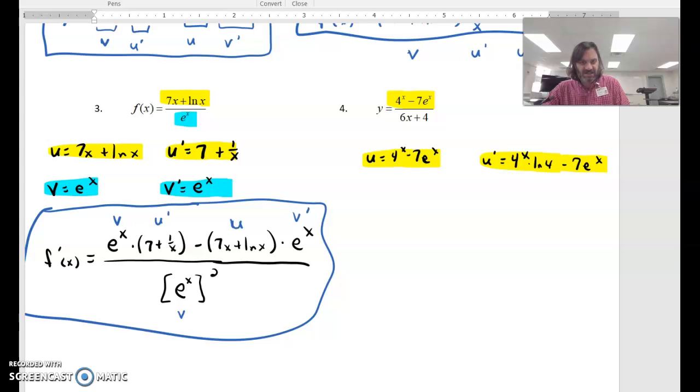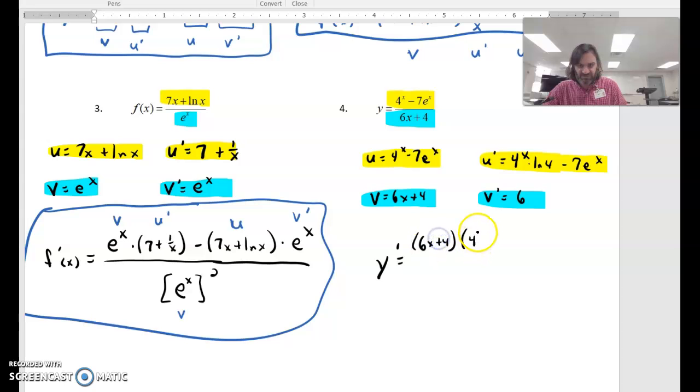Okay. And then the v part of this, 6x plus 4, that one will be a little bit easier. So if v is 6x plus 4, then v prime is just 6. So with the derivatives, let's put it all together. Hope we got some room here. The derivative, y prime, is v, so 6x plus 4 times u prime. That's 4 to the x times natural log of 4 minus 7e to the x